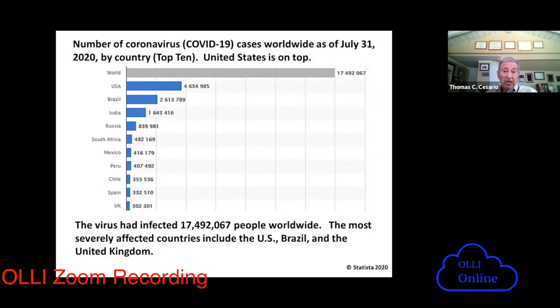So the next slide says, how do we compare to the rest of the world? In the world today close to 18 million people have been infected with this. And as you can see, about a quarter of those infected are in the US. Other countries that are having a lot of problems now: Brazil, India, Russia. And in the past, we know that Italy, France, and Great Britain all have had big problems with this. Great Britain continues to have a lot of problems with this. Many of those have controlled it. We have not. Next slide.